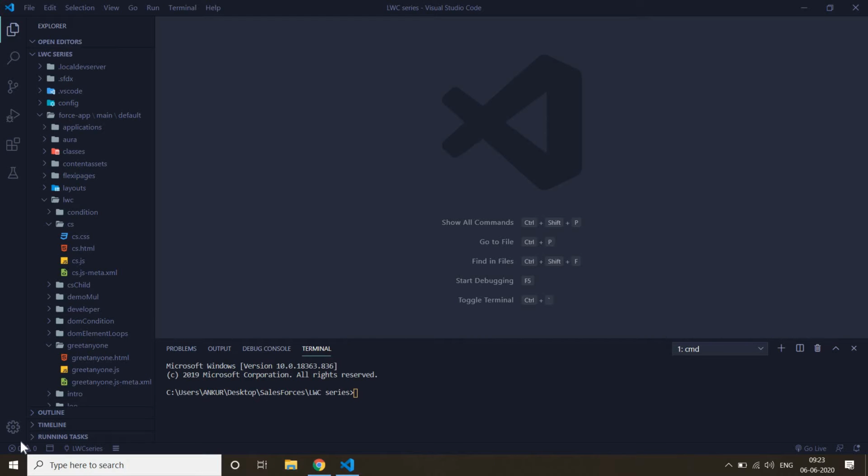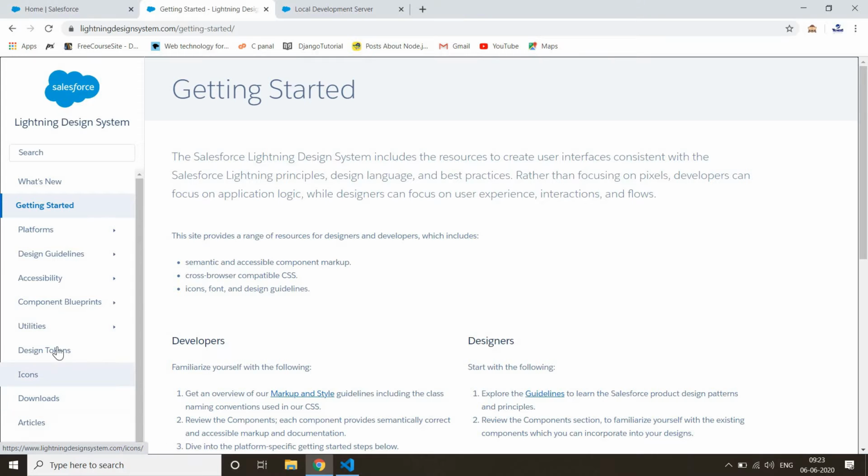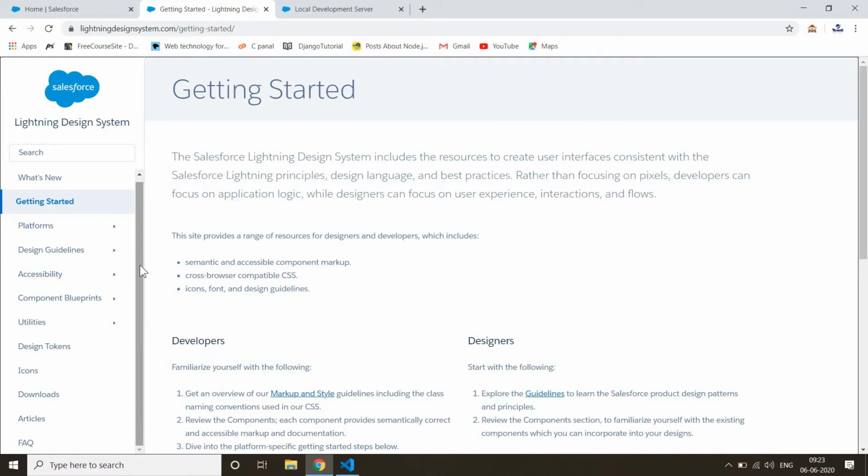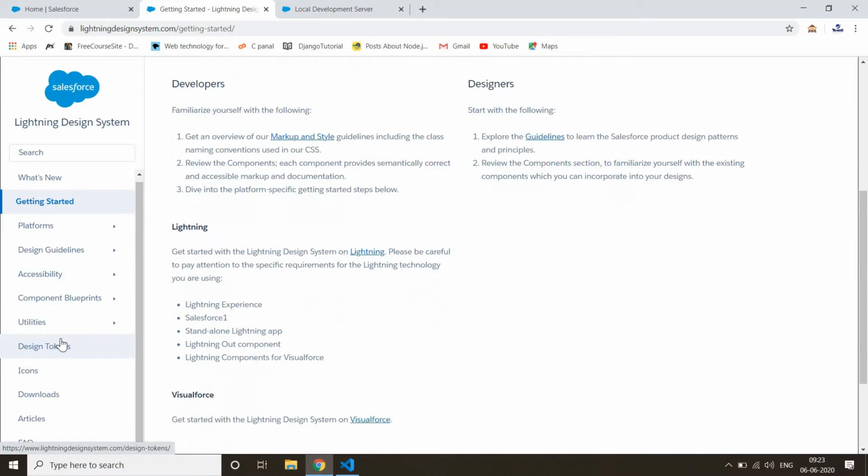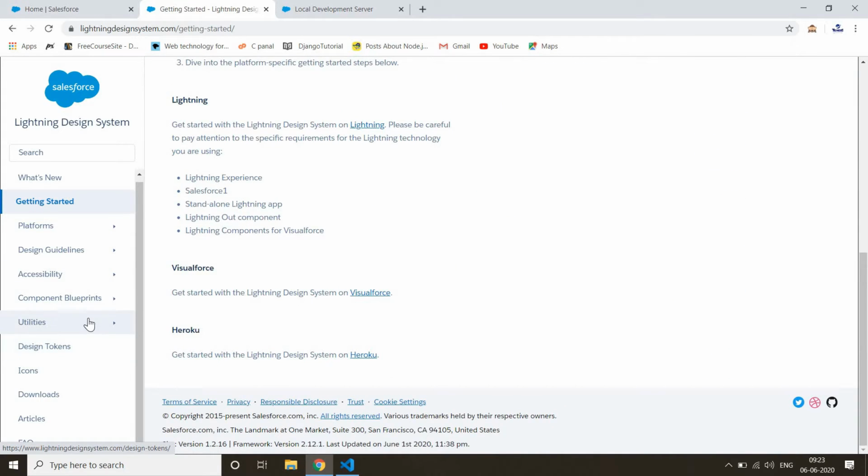In this tutorial we are going to talk about some standard design system and CSS. First of all, let's understand what the standard classes of Lightning Web Component are. Simply go to your web browser and type Lightning Design System, and you can go to this website, where all the design system documentation is.